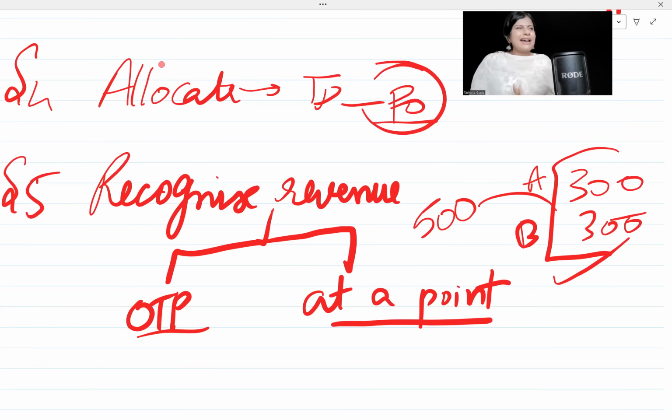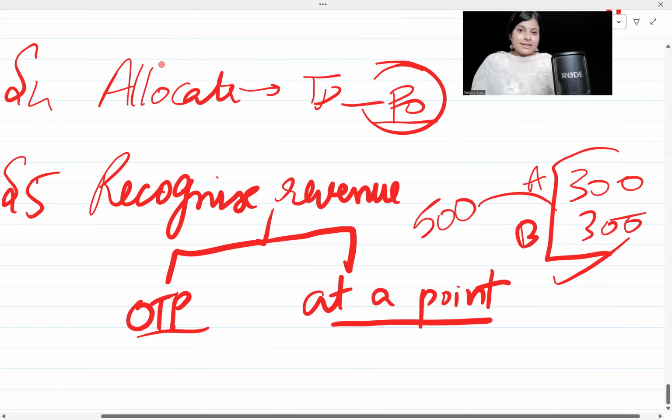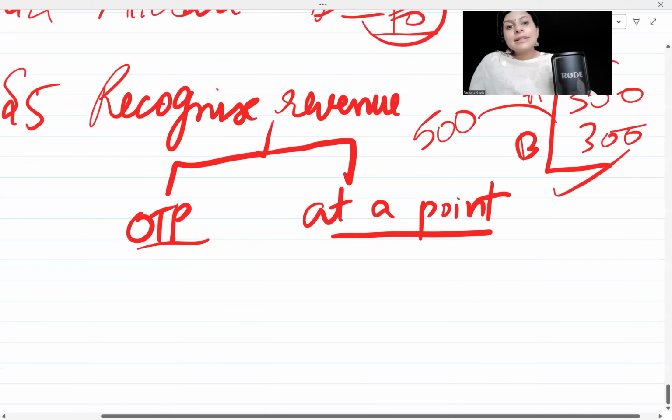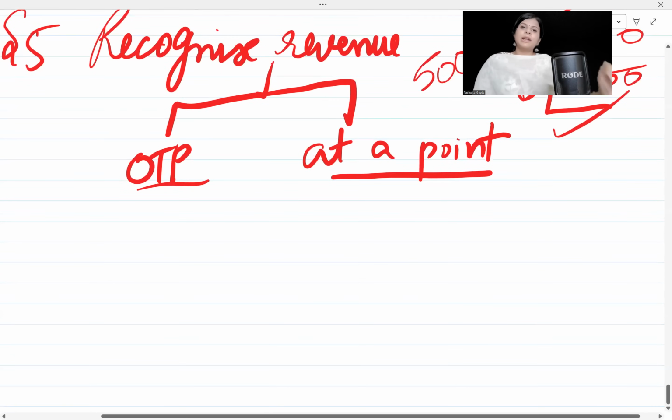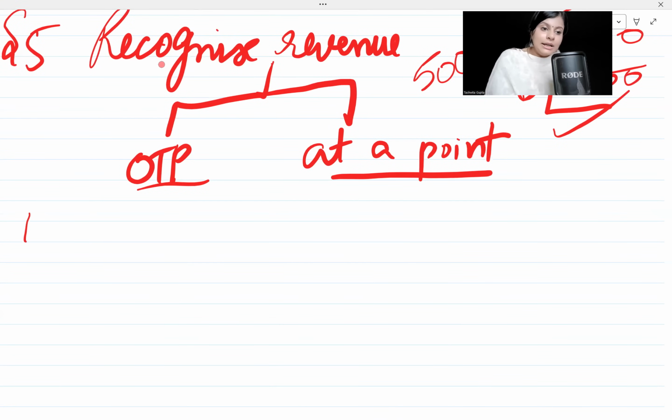So at a point in time doesn't have any sort of identity in itself. So if it is not OTP, it is at a point in time. So when is it OTP? It is OTP when, point number 1,